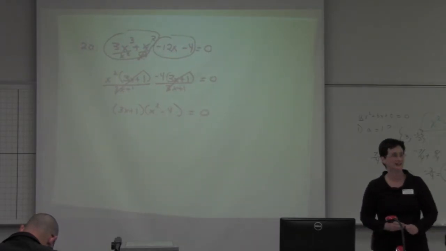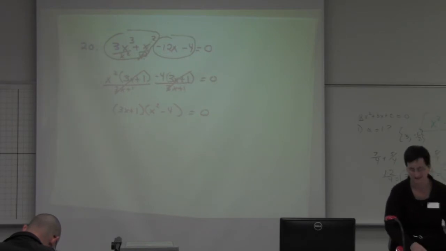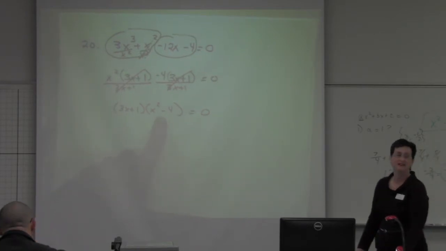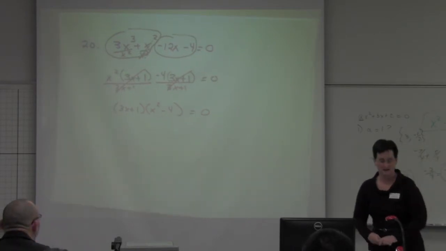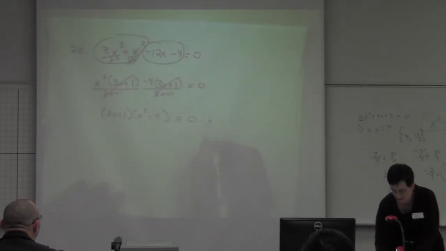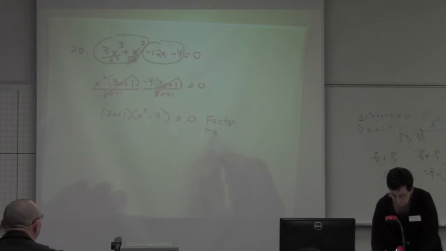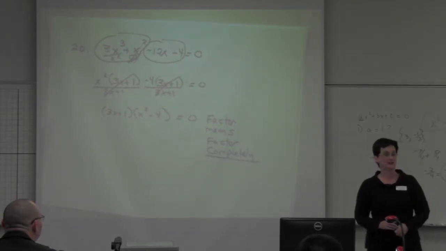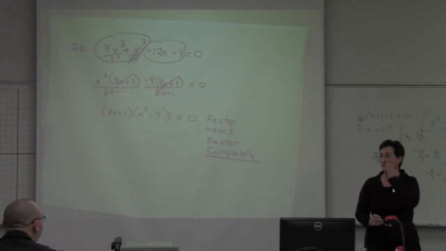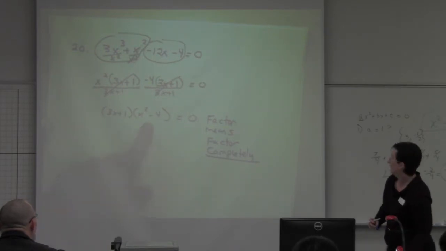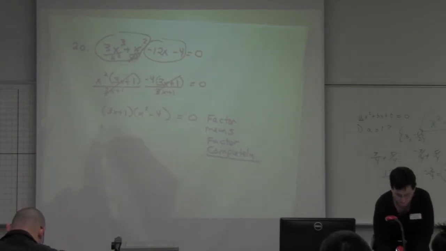But wait, we're not done yet. Tell me about this guy. All right, so on the test, it often says factor. That's right. Means factor completely. That means keep factoring until you can't factor anymore. So x squared minus 4 factors to